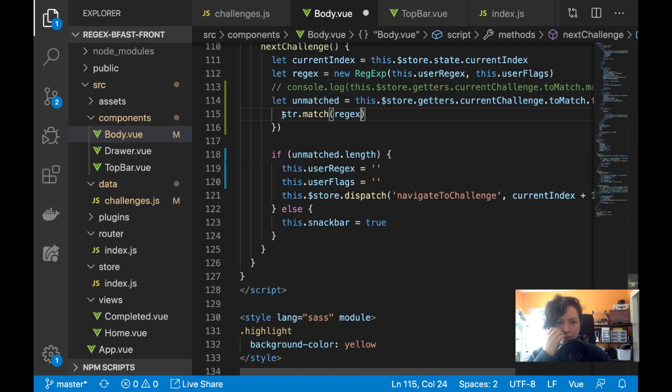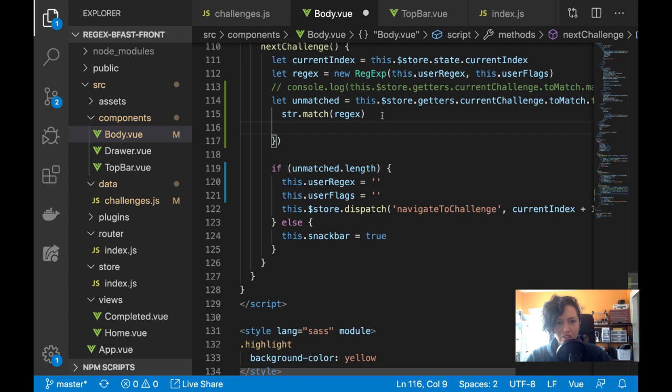And then if this returns a match to the string, then I should, no, if this doesn't return a match to the string, then I return the string. So, wait, let me do,